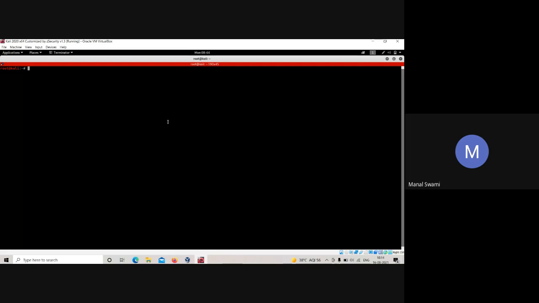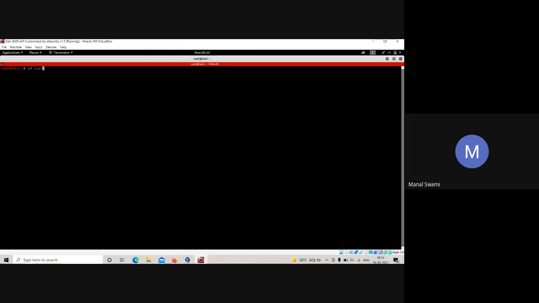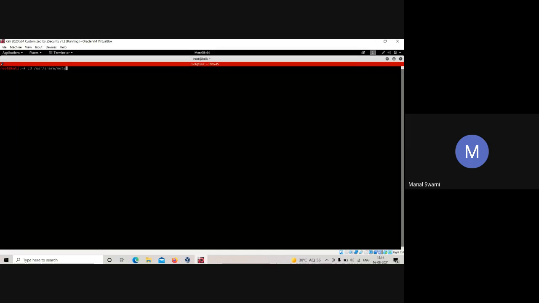Share is a folder which has all the pre-installed files of the tools. In the same way, we have the Metasploit framework files over there as well. Share, then metasploit-framework.